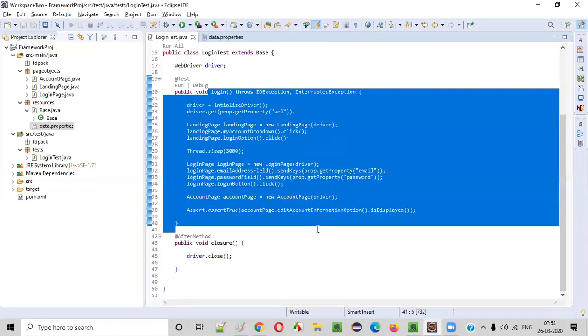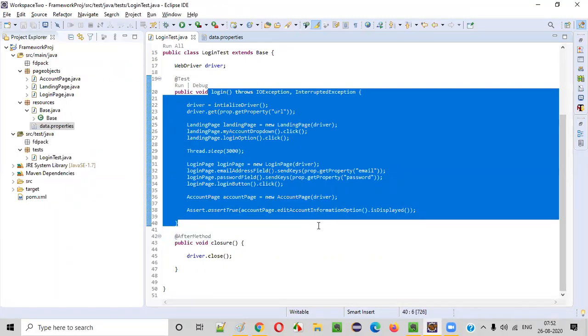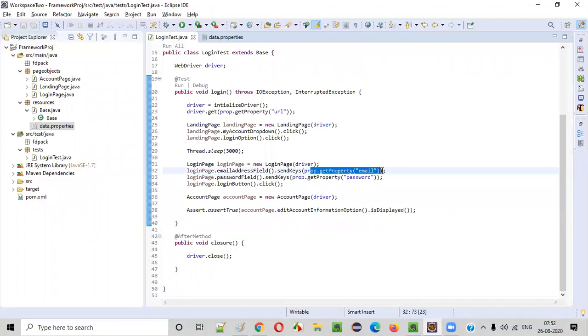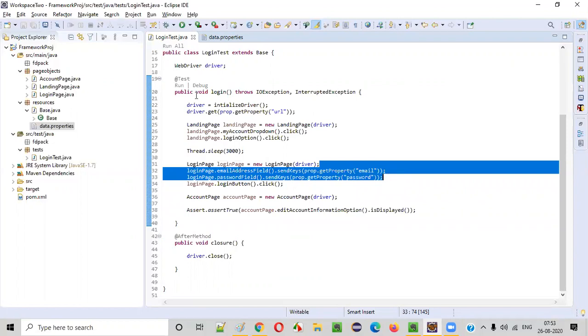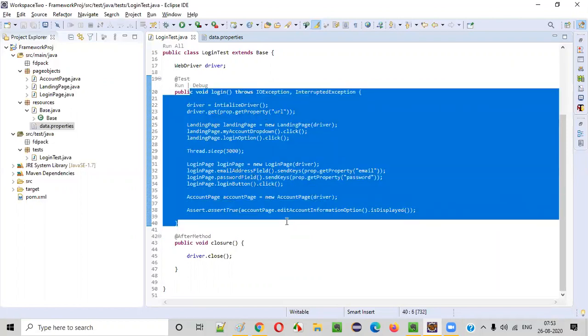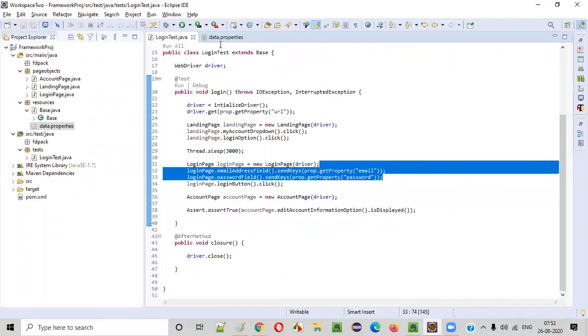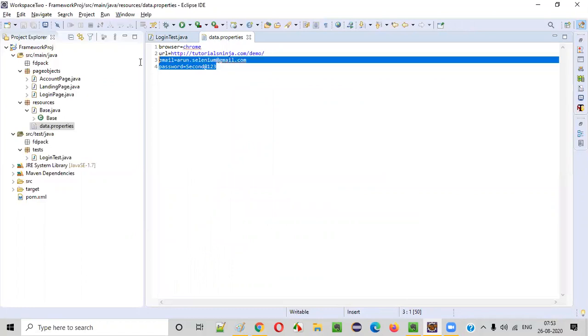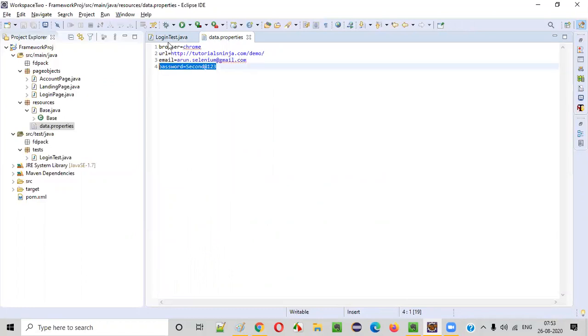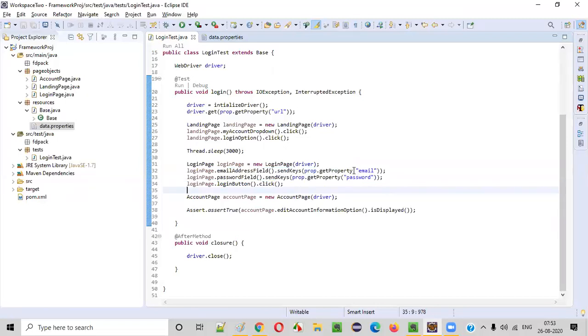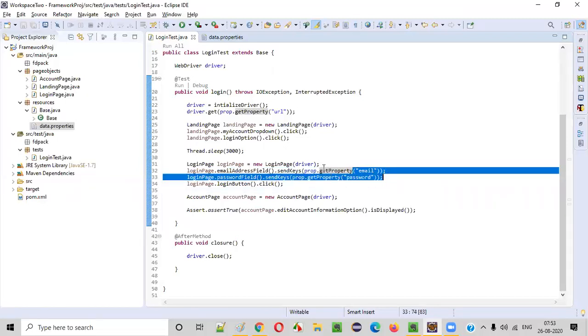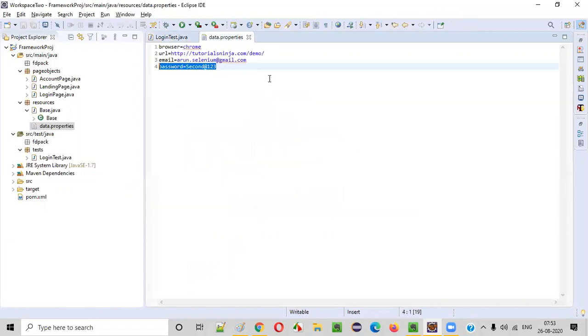What if I want to test the same login with invalid credentials and see that the user is not successfully logged in? In case of passing valid credentials, the login should successfully happen. In case of passing invalid credentials, the login test should fail. Two things I have to verify. For that, I should not pass these values from the properties file, guys, because one set of data is already there. So how do we manage the second set of data? That's not correct, right? So we'll go with the data provider. In TestNG, we have the data provider from where we are going to pass this data, rather than from the data.properties file.